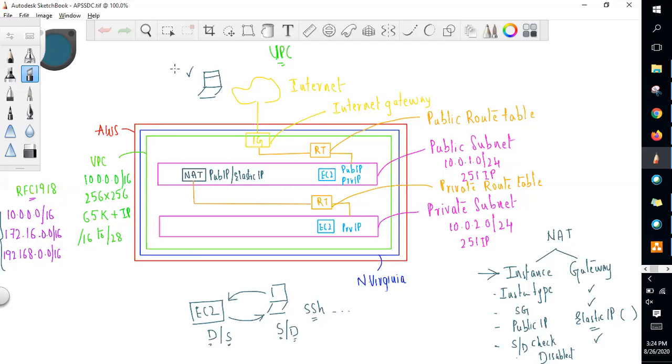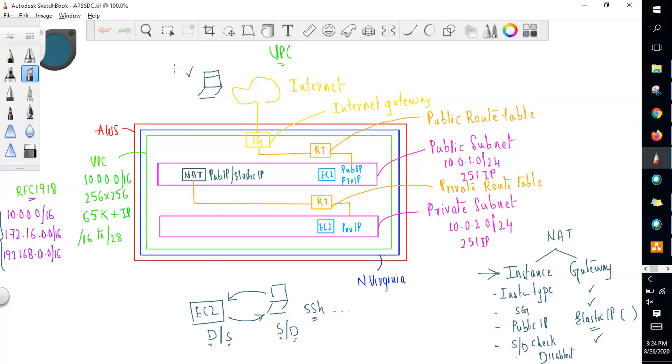So we have created a public instance and a private instance. Now how do we connect them? We can connect the public instance to the internet using a public route table. So we have to create a public route table (RT), which was displayed there, for the public instance. Now the public instance is connected to the internet through the route table, but the private instance has not been connected yet. So how can we connect the private instance?